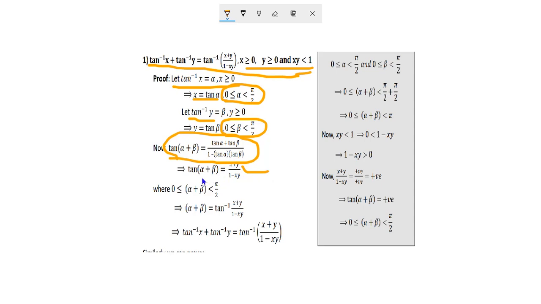And what is the range of the tan inverse function? It is minus pi by 2 to plus pi by 2. Here, if alpha plus beta